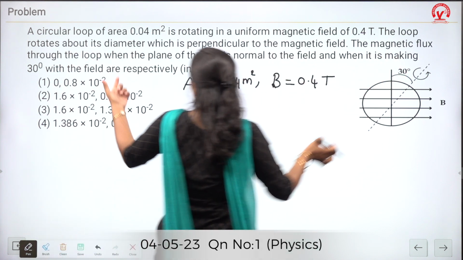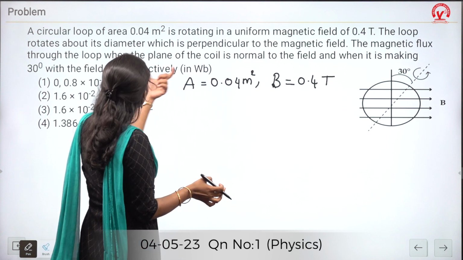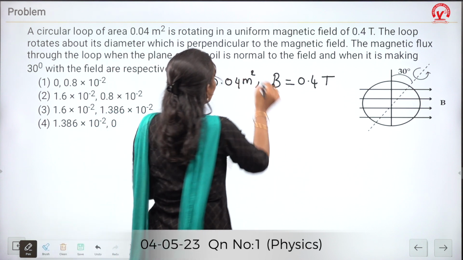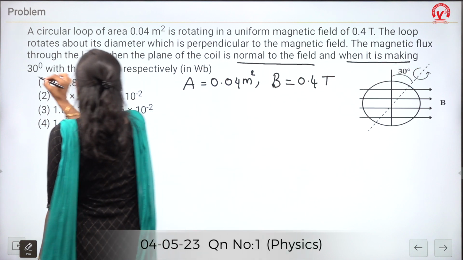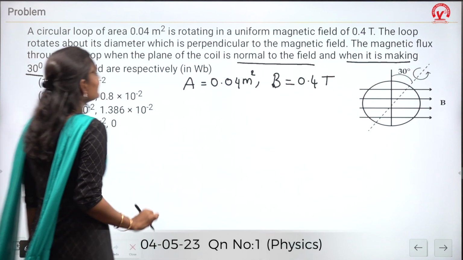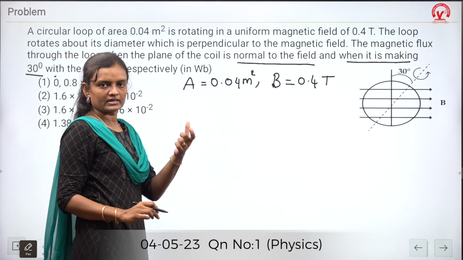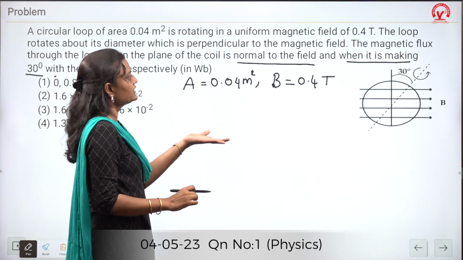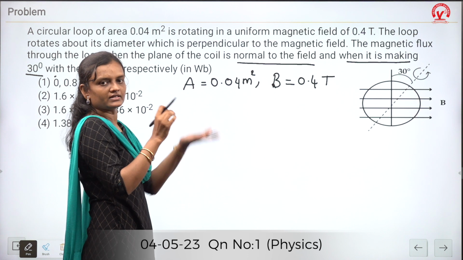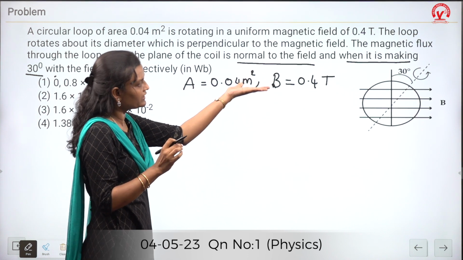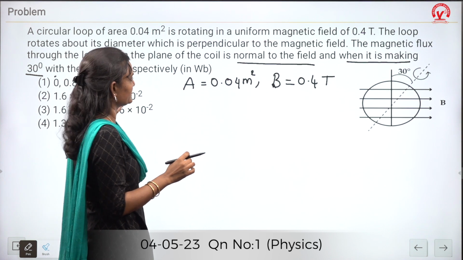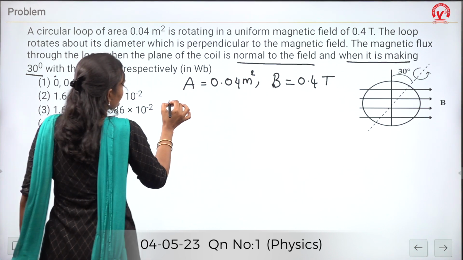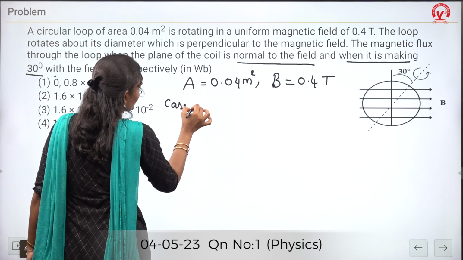The magnetic flux through the loop when the plane of the coil is normal to the field and when it is making an angle theta, that is 30 degrees. They are asking two cases we need to find: when the plane is normal to the field, as well as when it makes an angle theta of 30 degrees. So first we need to calculate case 1,